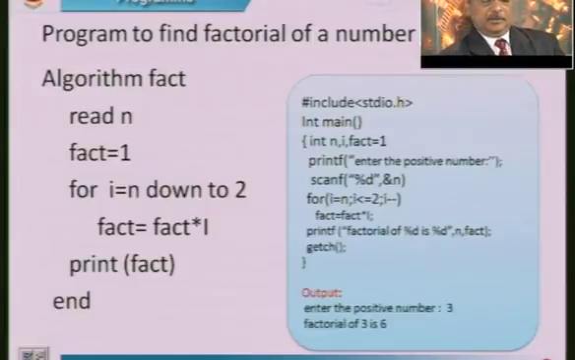For that reason, observe this: I is initialized to n down to 2, fact is equal to fact into I, then print the fact variable. So reading the first value n, initialize one variable, say factorial equal to 1, initializing the variable I from n down to 2, repeat the statement fact is equal to fact into I. The old value of fact gets multiplied with I and the new value of fact is obtained. After the completion of the loop, your result will be available in the fact variable, and you can print it. This logic can be